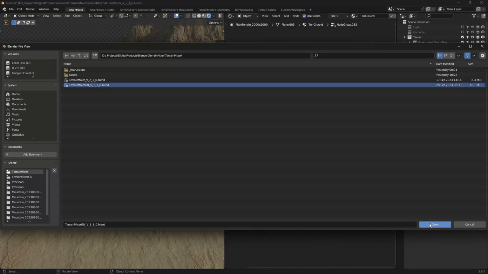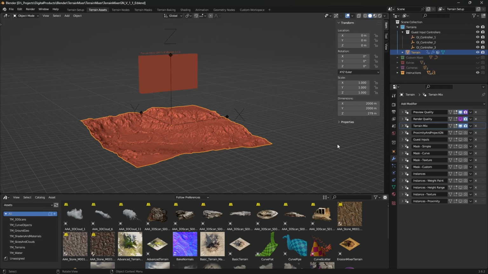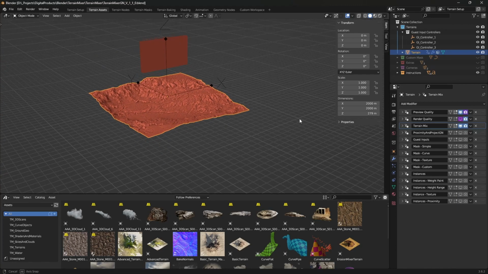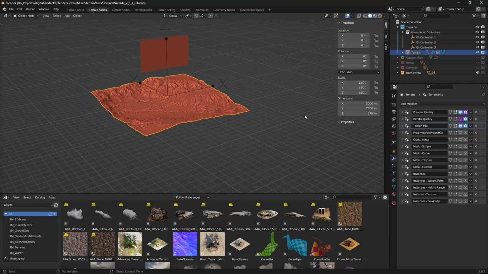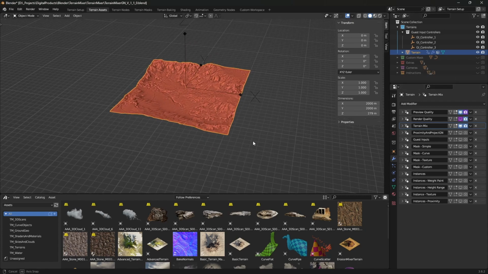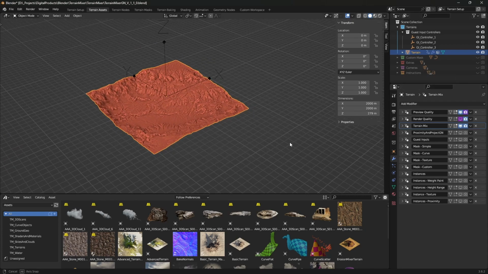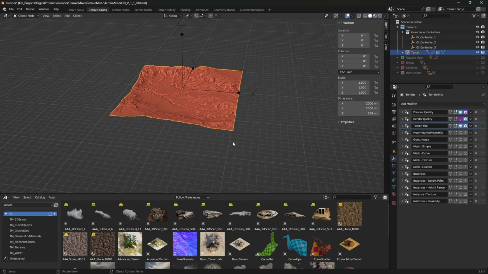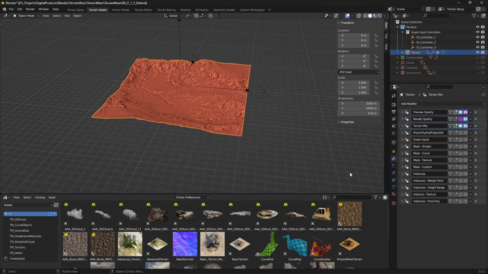Terrain Mixer GN version, which means that it's based on geometry nodes. I'll turn this off. I think it's a lot easier to use, but I always keep going back to this original shader-based version. However, this is really easy to use because there is no big menu. Everything is happening here